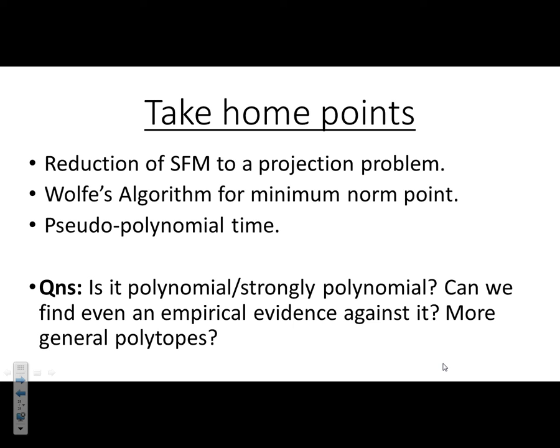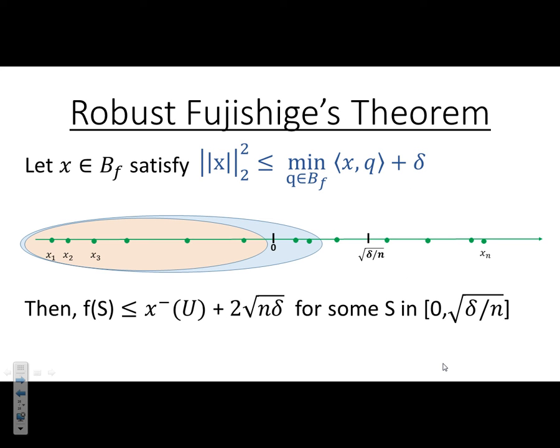Another approach: although empirically it works well, I don't think there's a huge empirical study being done. In particular, is there a dependence on f in these empirical studies? So can you empirically disprove the strongly polynomial timeness? That's another thing. And so this is the robust Fujishige,